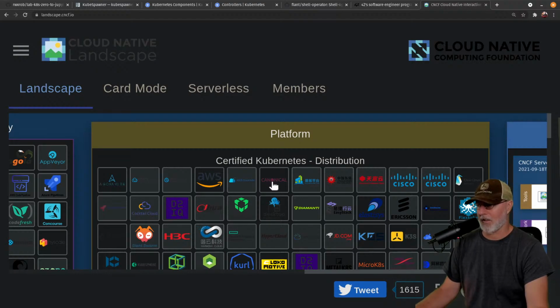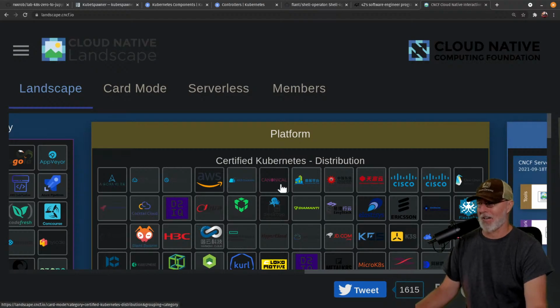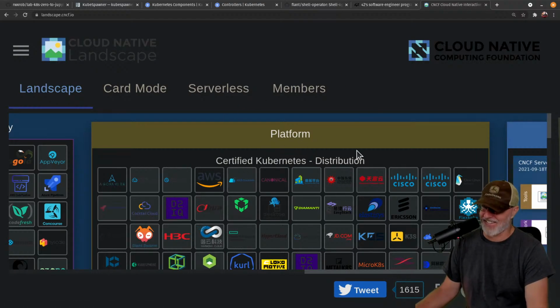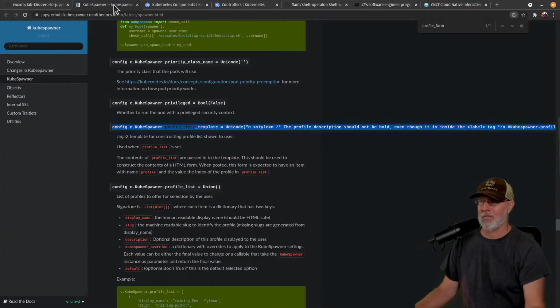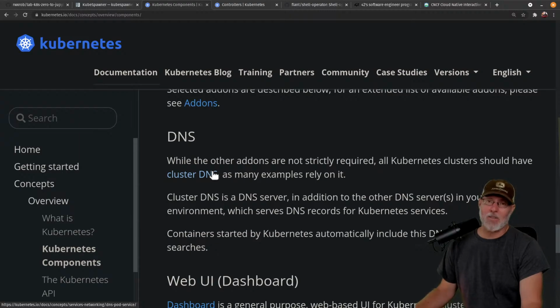Canonical is a certified Kubernetes. I'm not in a good place. My brain is not, I hope it sinks in. The reason I asked about CoreOS is because when it says DNS, they said etcd on the other thing, and they don't say CoreOS under DNS. But I feel like,